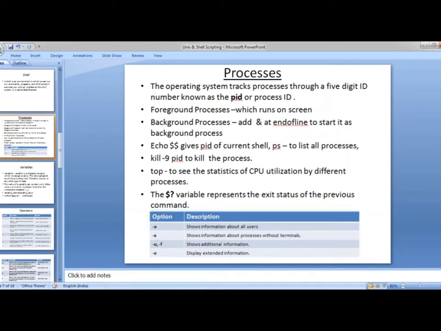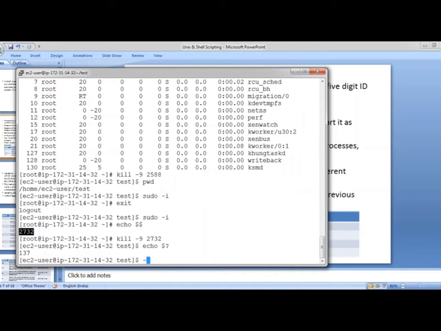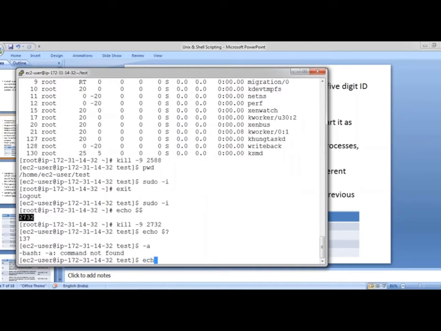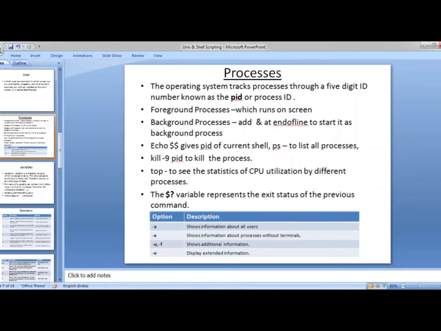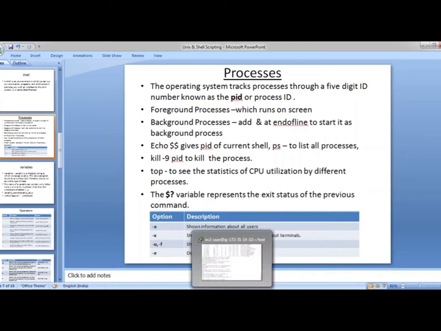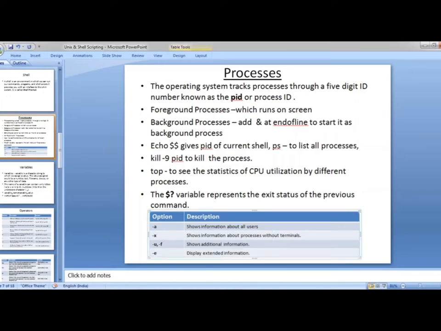-A shows information about all users. -X shows information about processes without terminals, and -U, -F shows additional information. -E displays the extended information.